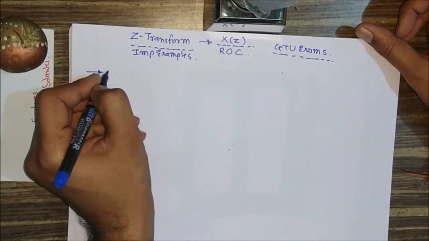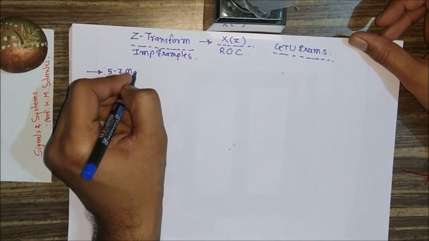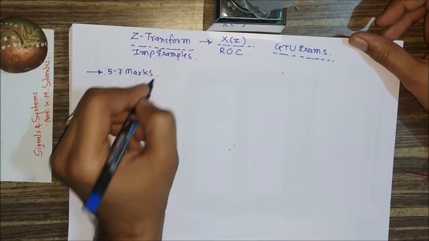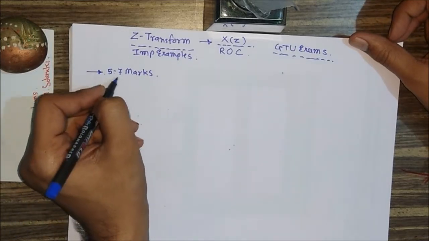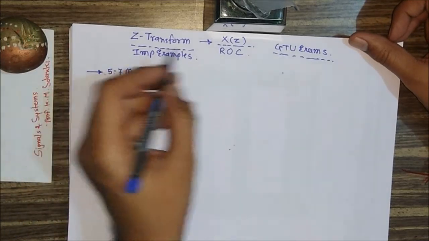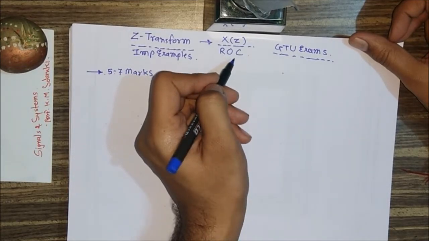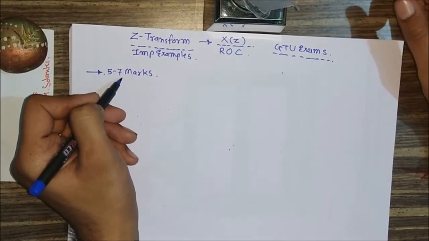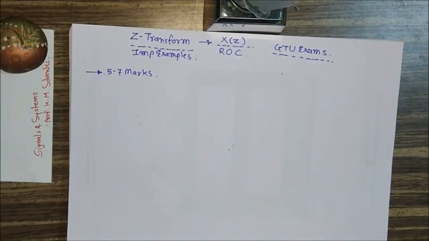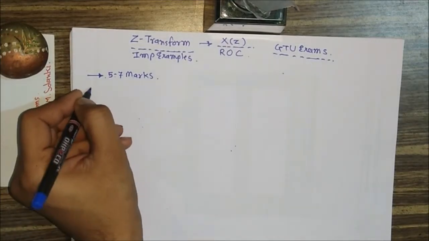So it is up to 5 to 7 marks of each example. So we should consider a maximum 7 mark question from Z transform, most important: X of Z and ROC both will give the 7 marks. So in the first example,